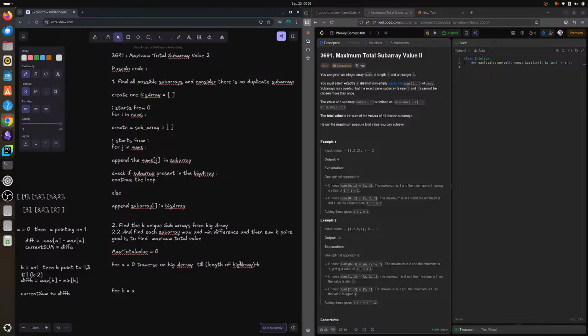Length is 1, 2, 3, 4, 5, 6. Means it should come to 0, 1, 2, 3, 4. 4 steps. So 6 minus 2 is 4. Length is 6. It should come to. And then here